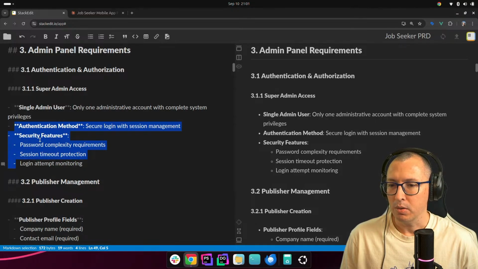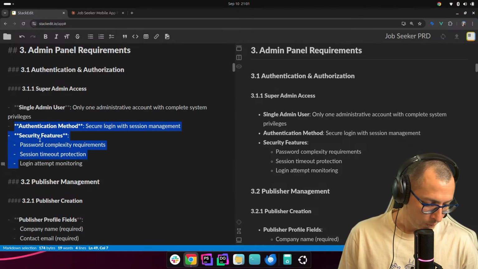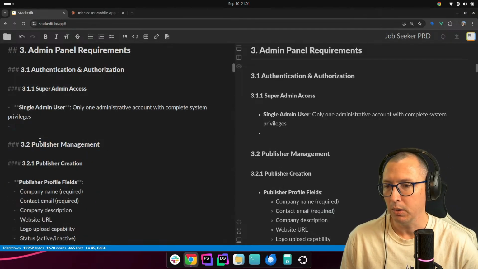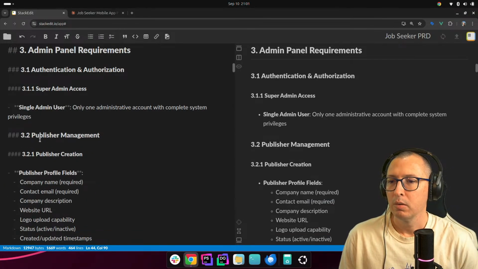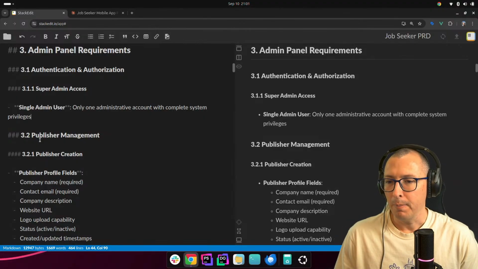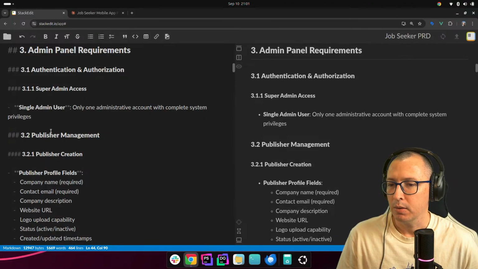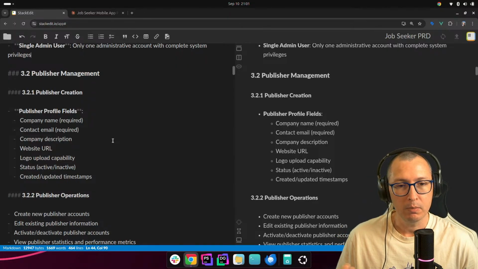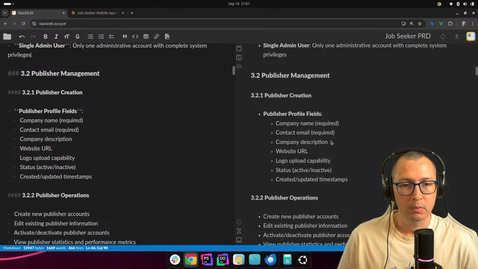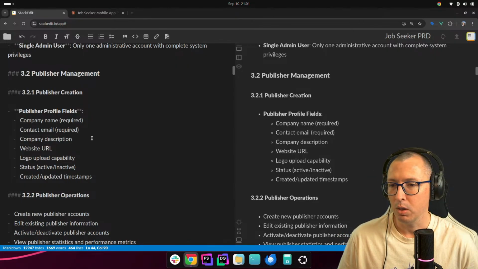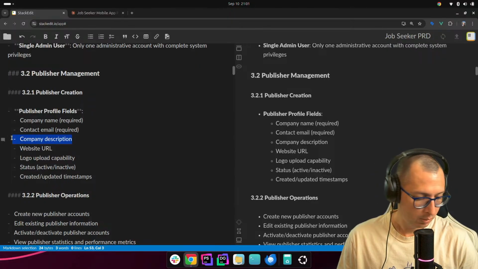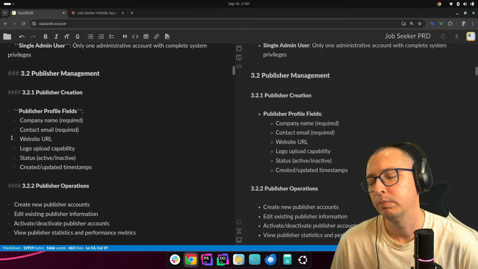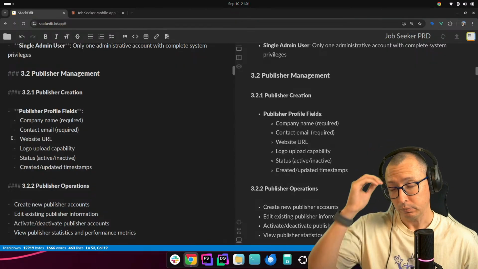Security features, that's just not useful to have here. It's just words, no meaning. Okay, publisher management. We're gonna have publisher creation with company name, company contact email, company description, not really. Website URL, well, yeah.